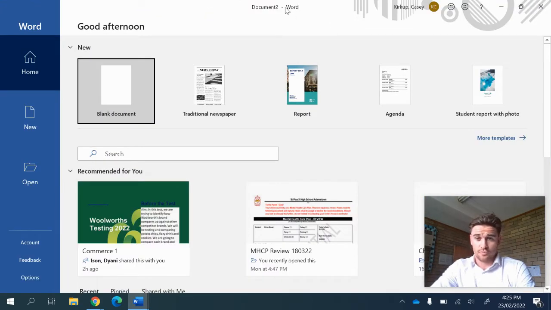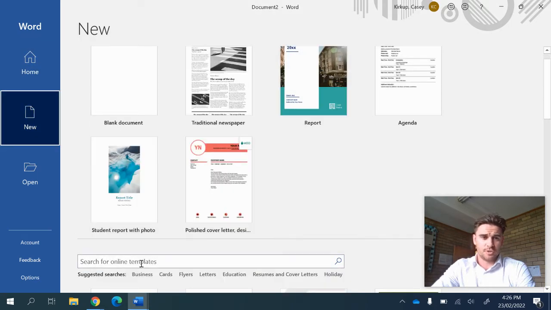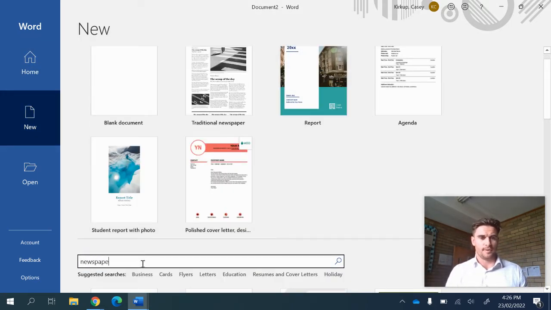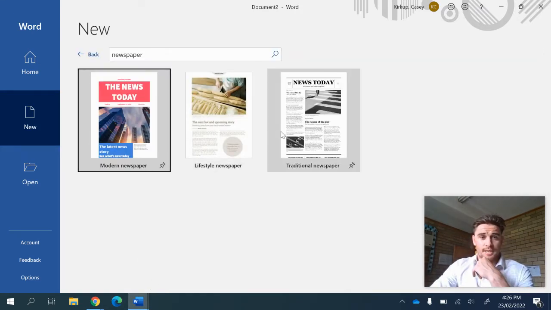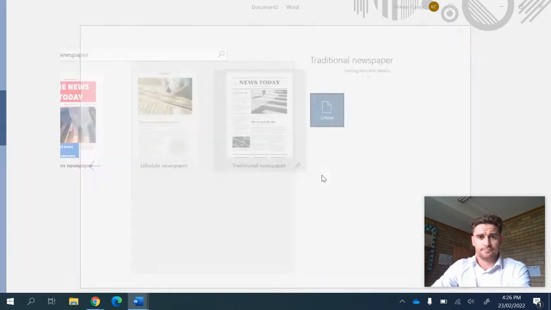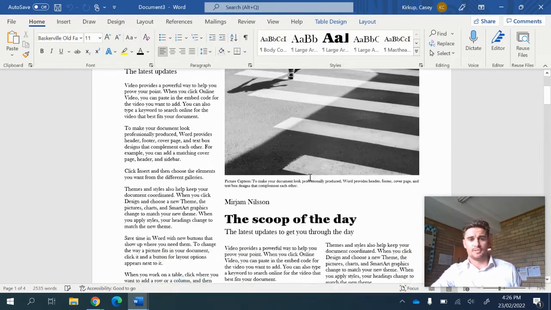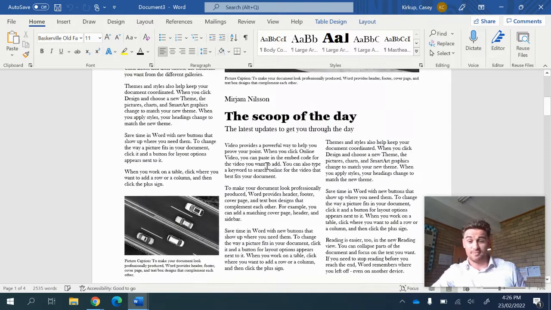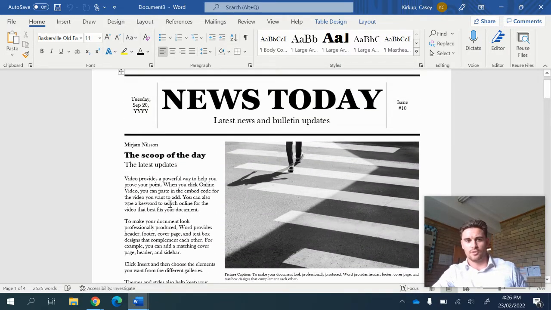So I just opened up Microsoft Word, and I'm going to click down here on More Templates, and I'm going to search online for newspaper. And there's a lot of cool ones on Word already. You'll be able to download some more if you want, but I'm just going to pick a traditional newspaper today and click create. And you can see that straight away I'm in something that looks a lot like the example from last year. And you can just type into this straight away so you don't spend a lot of time